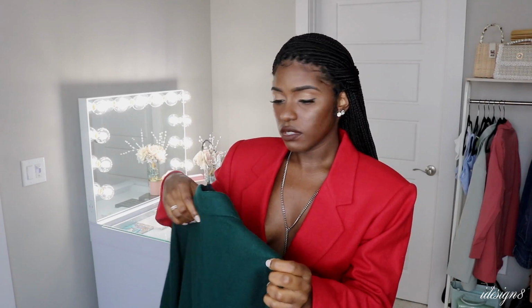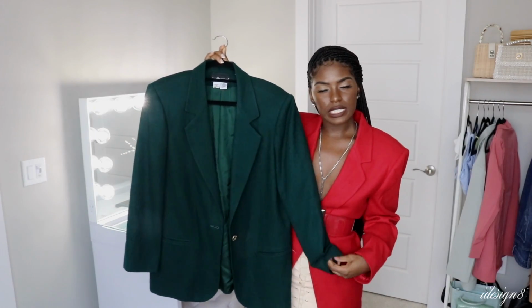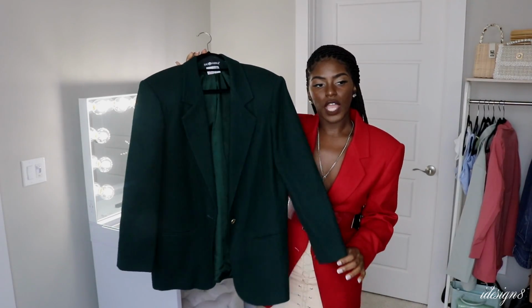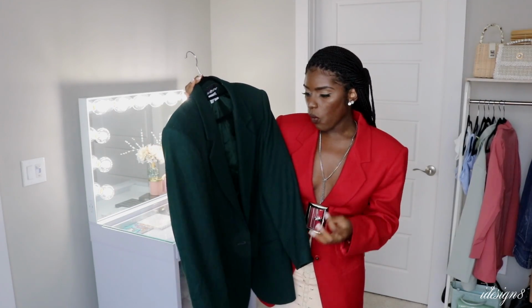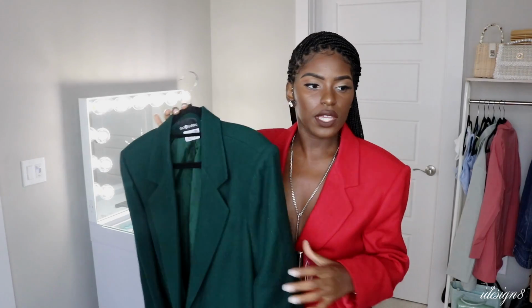I got a lot of these blazers that are the same style with just different colors. This is from Sag Harbor. So this is a size 14 blazer. As you can see, it's the same style as this. It does have like these thick shoulder pads in it. Very, very gorgeous quality blazer. Like, I am so surprised that they were giving up. Make sure you get your hands on this real quick, fast, in a hurry, or whatever,